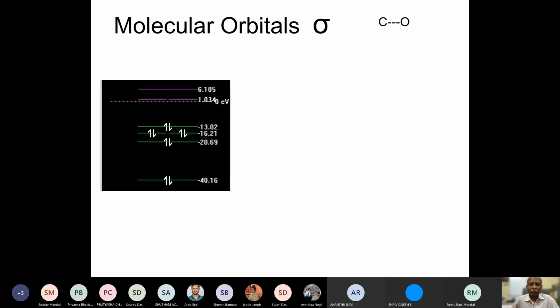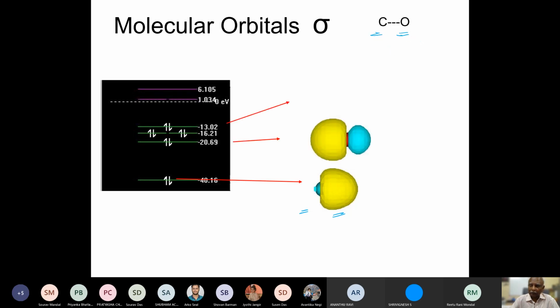So I have computed the shapes of these molecular orbitals. Today I will discuss the energy levels and the shapes. If you do a simple MO calculation, in this case I have done the simplest one, which is the extended Huckel calculation, I can show you that the 1 sigma orbital is going to have this form, mostly on the oxygen, very little on the carbon. So you'll notice that this is carbon on the left and oxygen on the right.